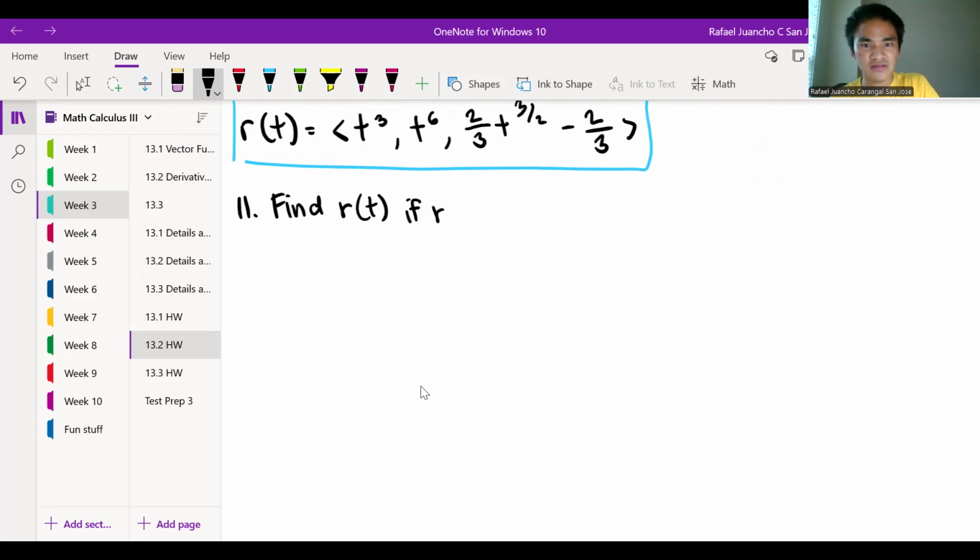If our given derivative, or r prime of t, the tangent vector, is t to the 6 i plus e to the t j plus 2t e